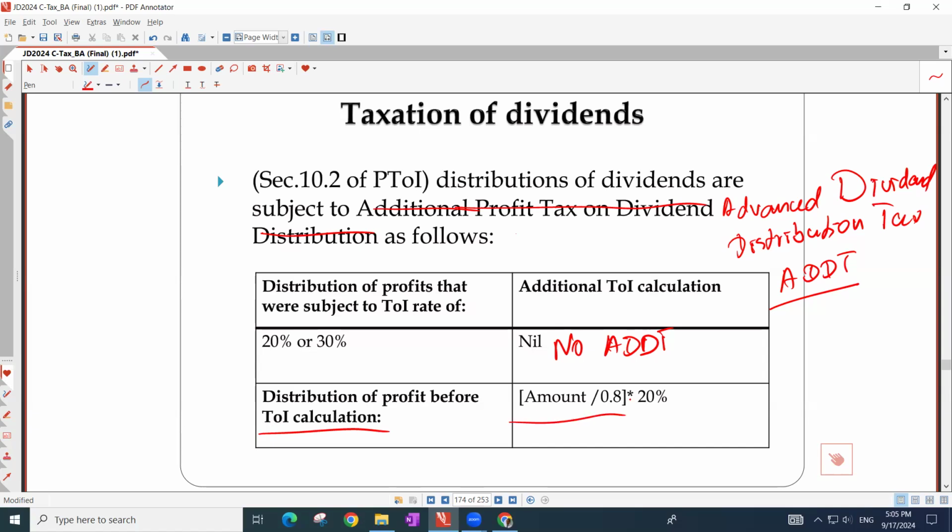For example, maybe you distribute based on mid-year profit. After 6 months, you finalize your financial statement and you see a lot of profit. If you show this to the shareholders, that the company made a lot of profit in mid-year, all shareholders will want some profit. They ask, why keep too much in the company? They want money. Let's say you distribute the profit before paying tax,